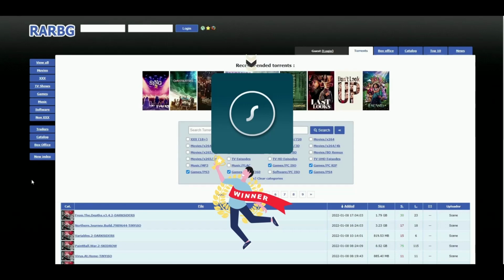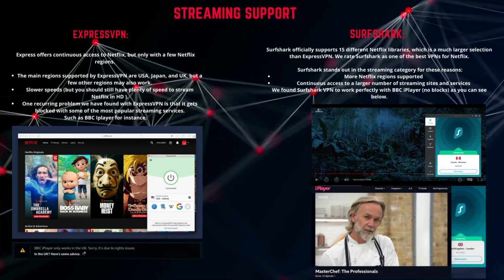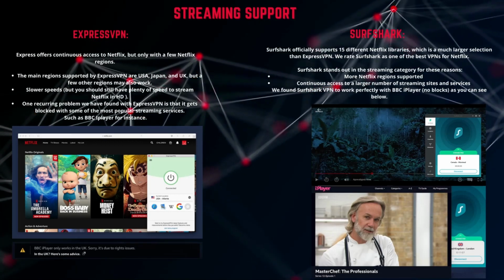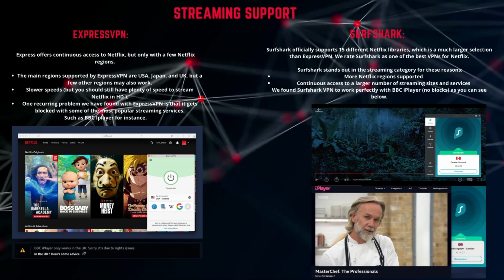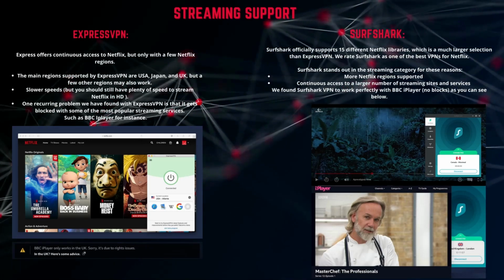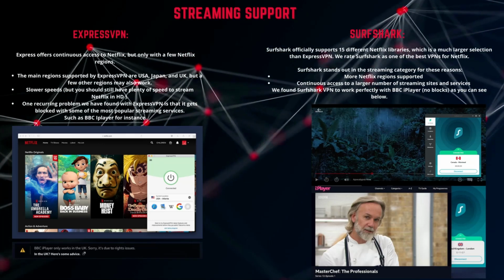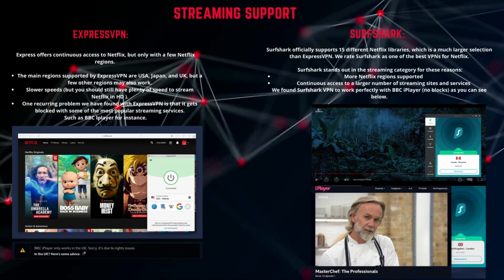VPNs are becoming extremely popular for streaming and unblocking content from around the world. This is a critical area we test and examine in our reviews. With ExpressVPN and Surfshark, there's a big difference in streaming support. Express offers continuous access to Netflix, but only with a few Netflix regions. Based on my conversations with ExpressVPN support and also testing out the service for the ExpressVPN review, here are the drawbacks I noted. Number 1,